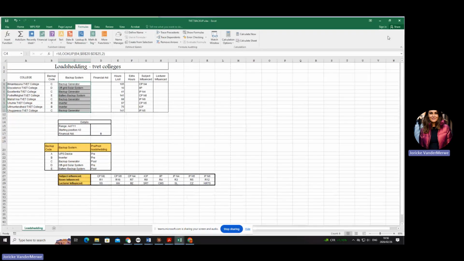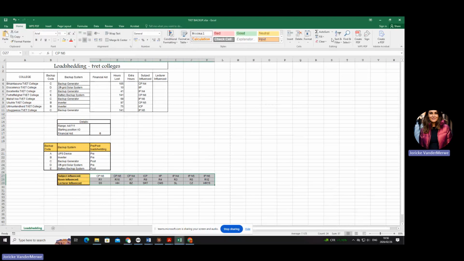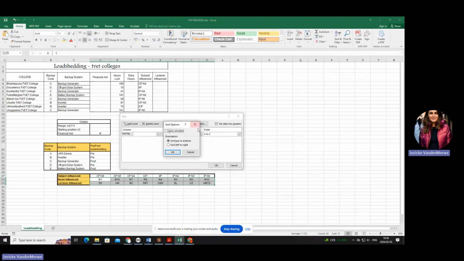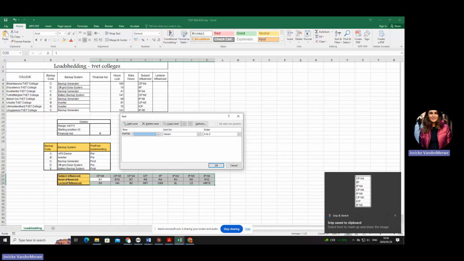I sort my table. Do I include the headings? No. So are you all comfortable if I do that and I go home and I'm sorting it like this? I custom sort it and then I say I want it from left to right and I want it, what do you think I'm going to choose? 27. Why? Because the values that I am looking at is in row 27. Do you see those values that's over here? Can you see that is the same as the values that is in 27? Okay.